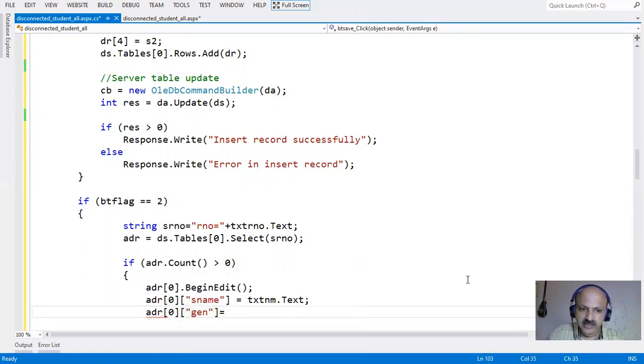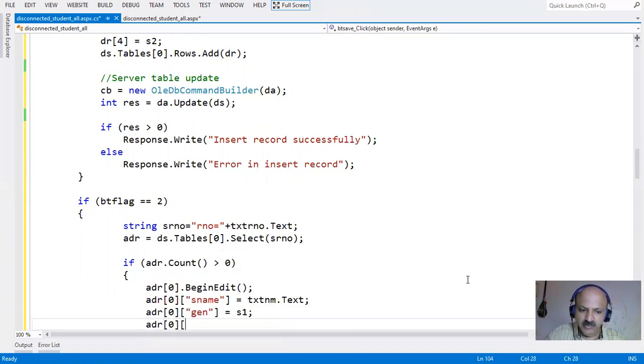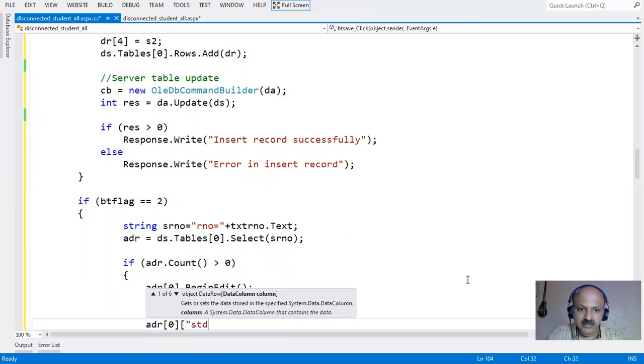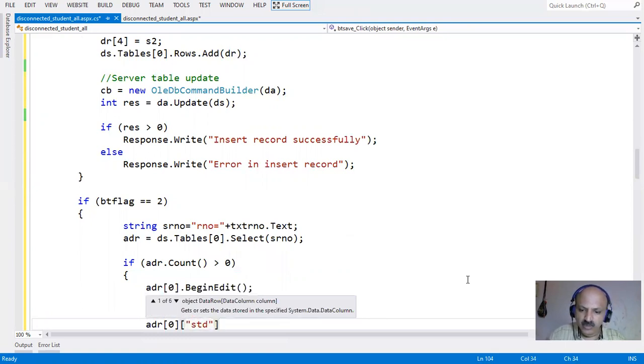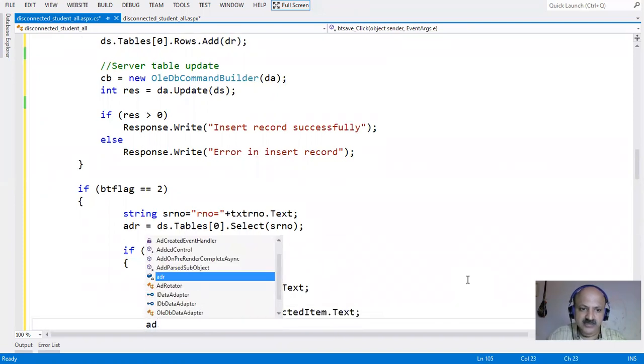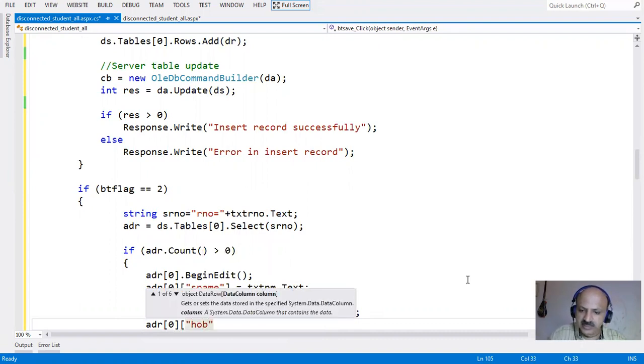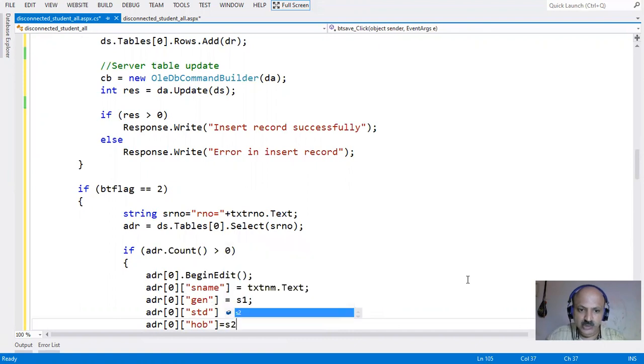Then we can assign S1, that is the gender taking, and now for row 0 it is the same, the column is standard, and that is a drop down list box, ddl dot selected item dot text. And then last we add our checkbox value, and that is in the hobbies column name, and that is S2. So we can use the same here.